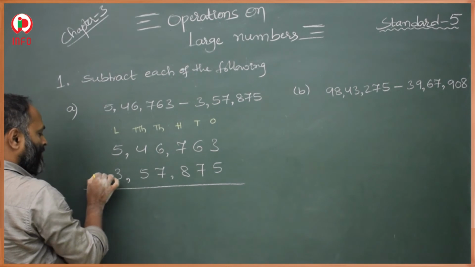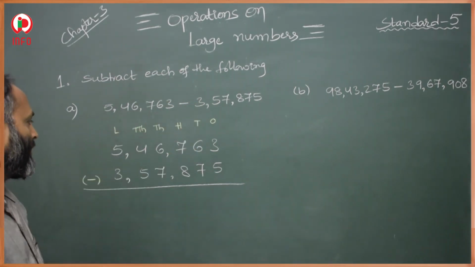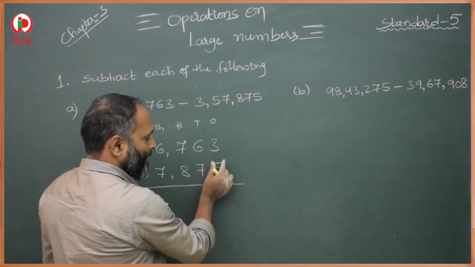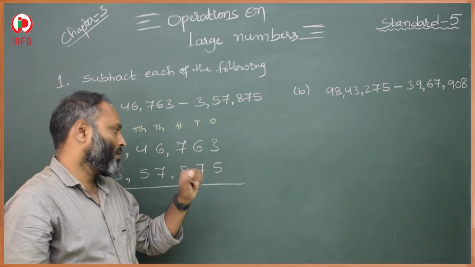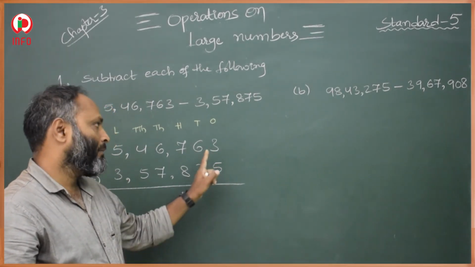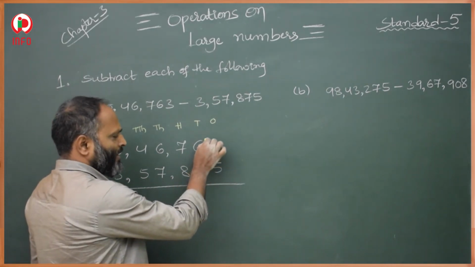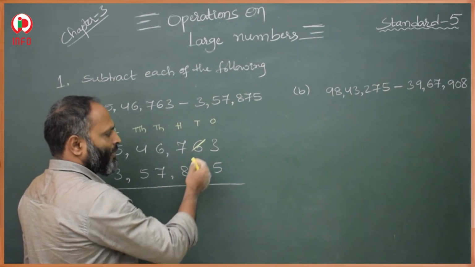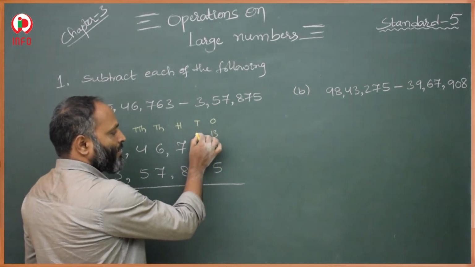So this is our minus. Then first, this is called minuend, this is subtrahend. Minuend is always bigger. Here, in ones place 3 and 5 is there. 3 is smaller. Whenever a smaller number is there in minuend, we have to take borrow from the next place, that is from tens place. Here to here we are taking borrow.